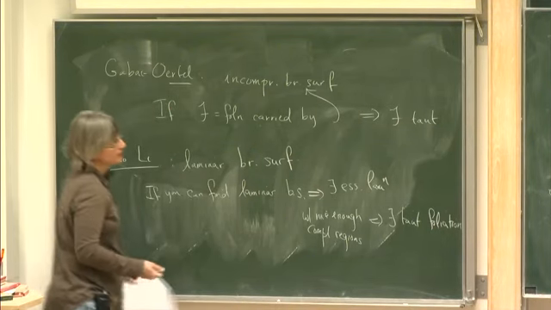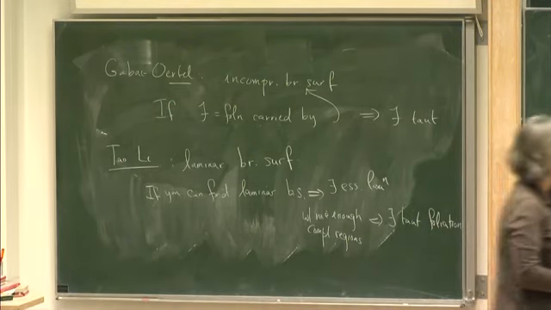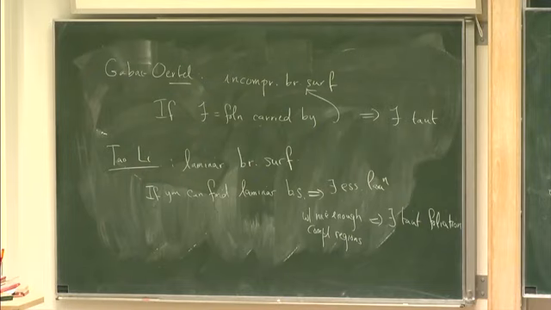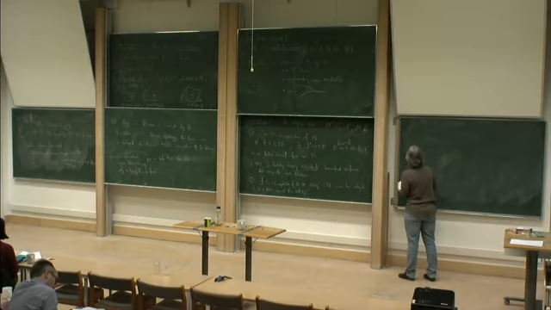And Ian Agol and Tao Li took advantage of these laminar branched surfaces and the fact that there are finitely many essential branched surfaces to say, hey, there's an algorithm to decide whether or not a three-manifold contains a rabless foliation, or if you're atoroidal, a taut foliation. So, theorem due to Agol and Li: